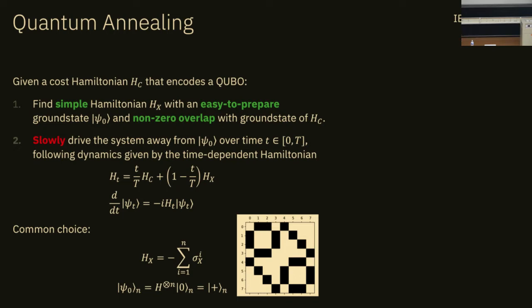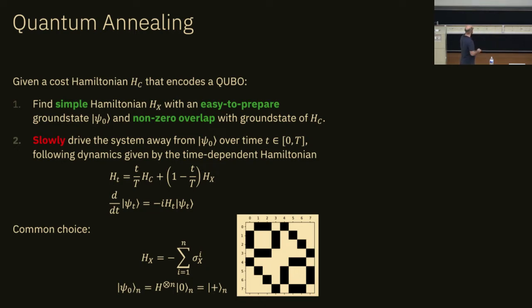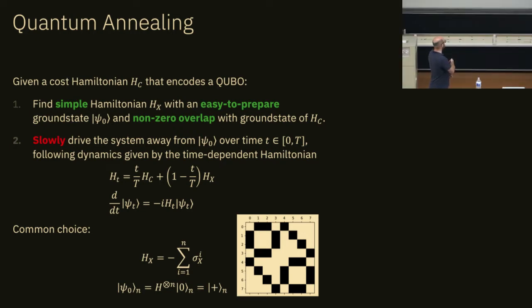The Hamiltonian that you apply here is time dependent, and it starts in the mixer, and then as t evolves from 0 to large T, it ends up at your problem Hamiltonian. The most common choice for the mixer is this: you just have a sum of sigma x matrices, and the ground state of this is just the equal superposition state. By definition, this has overlap with all possible basis states, so this satisfies the requirements. This is an illustration of this mixer matrix for our problem with 3 variables, which is 8 by 8, and these are just all -1 terms that you see here.